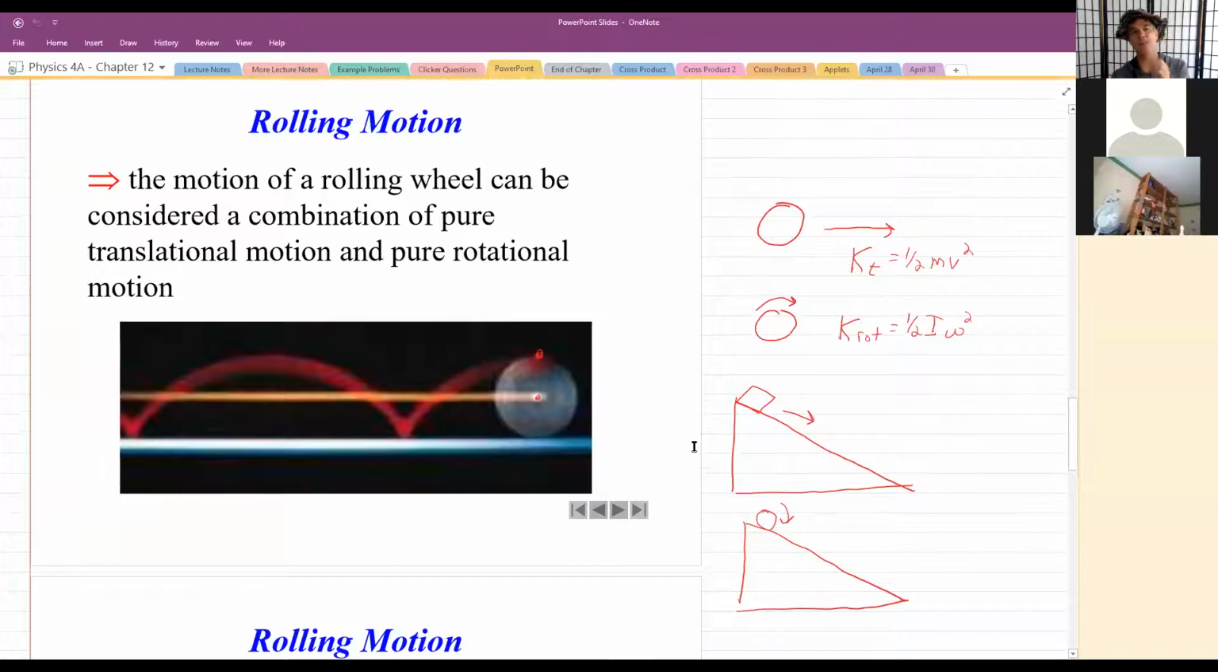All right, so I mentioned that I can consider a rolling object to be a combination of two motions superimposed on each other. An object which is just moving through space has translational kinetic energy. An object which is just rotating and not moving through space has rotational kinetic energy. Well, a rolling object is really just these two motions superimposed on each other. So an object which is rolling